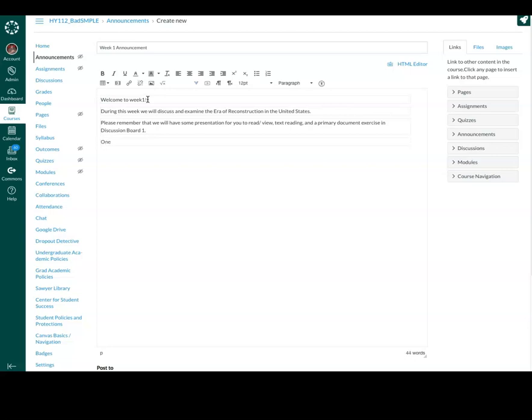One advance note. Please remember that this week's reading assignment is longer than most. So start reading now. And if everyone knows my classes, they know that's always the case. But if you have any advanced notes or some warnings, hey, you might want to get that reading started early, now's the time. Okay? When you've got that done, you can add pictures, you can add all the things you